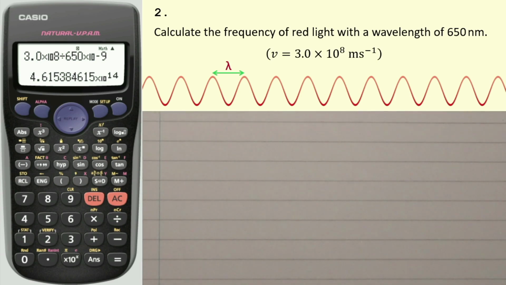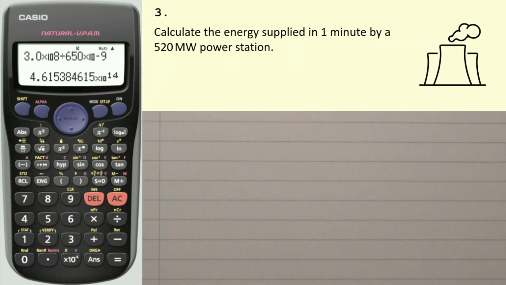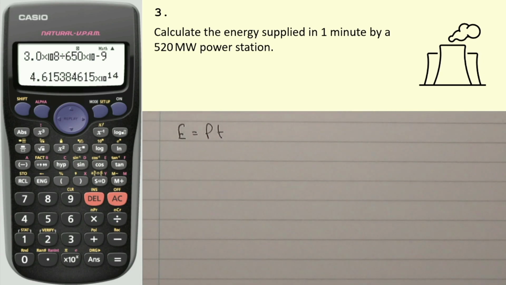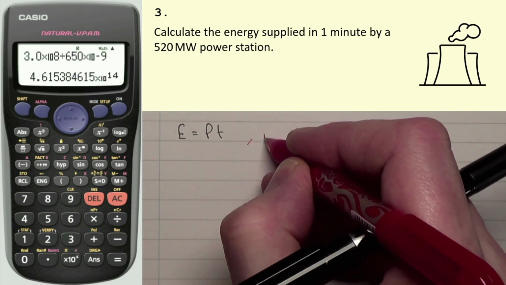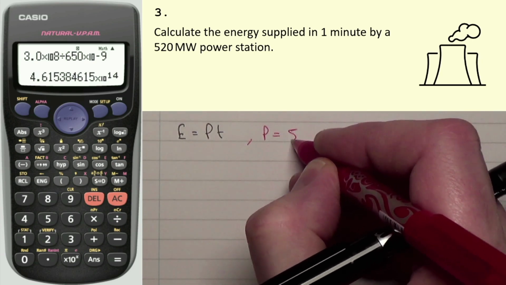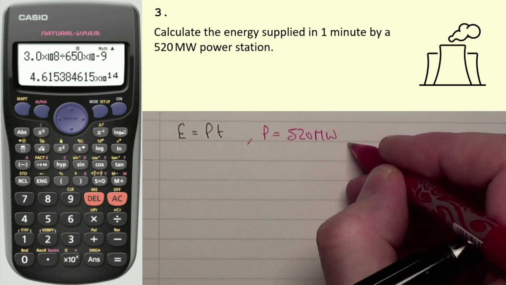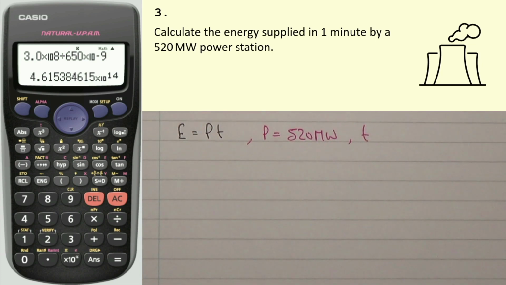Now let's see number 3. Number 3, calculate the energy supplied in 1 minute by a 520 megawatt power station. So for this one, we're going to use the equation energy is power times time. And in this question, power is 520 megawatts and time, well,